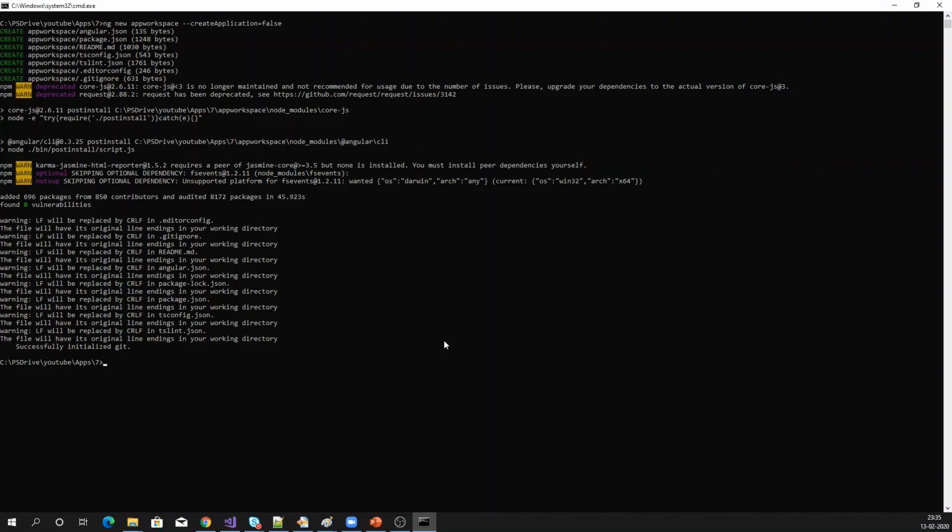Now the workspace is created, so let me create an application within the workspace. Navigating to that workspace, I'm going to generate one Angular application,